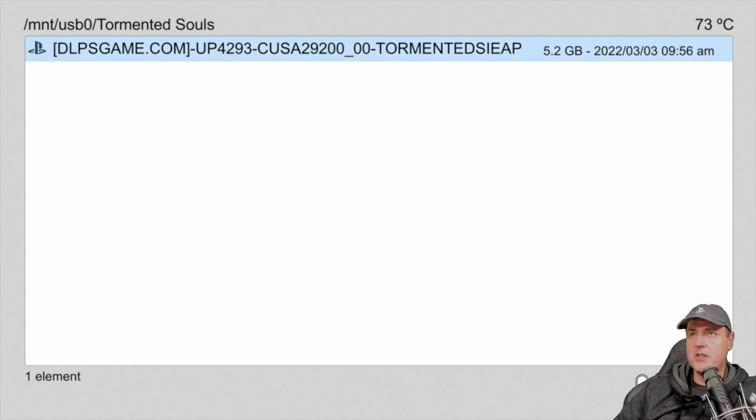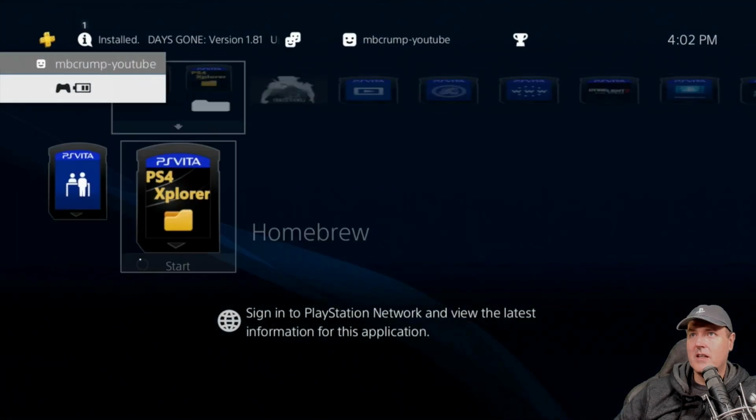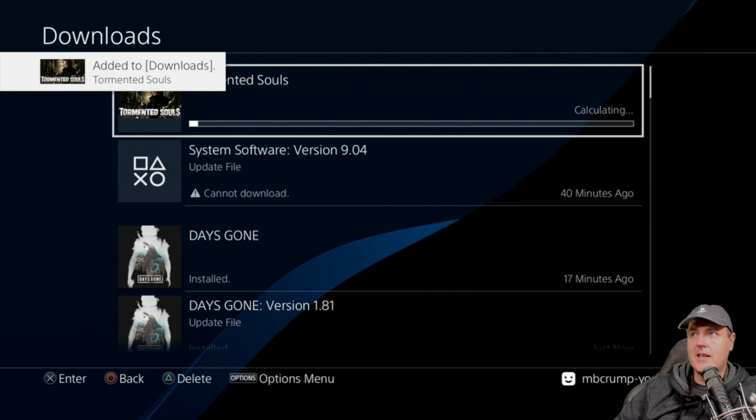Okay, so back over on the PlayStation 4, we're going to give Tormented Souls a spin here. And keep in mind that since this game was released around the middle of last year, I don't expect us to have any problems with this, and I really just expect that the website that I mentioned a little bit before, that 9.04, is incorrect. So let's go ahead and give this one a shot. It says here that it is system 8.50. We're going to press the X button here, add it to our downloads, and there it is,